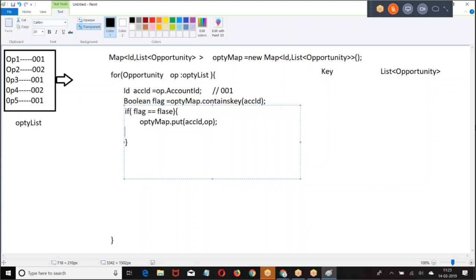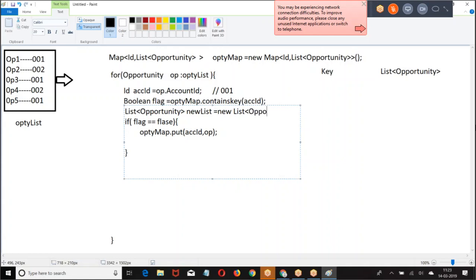Okay, put. First I've created a new list, and then, if it is not there, newList.add(op), then put ACC ID comma new list.